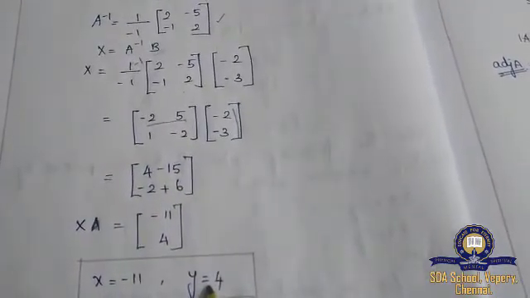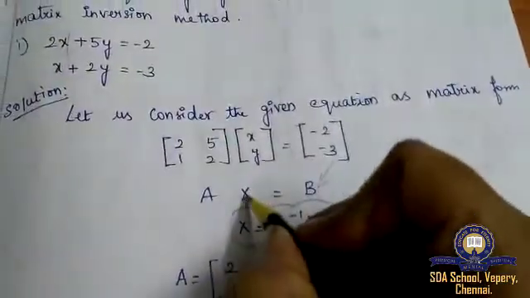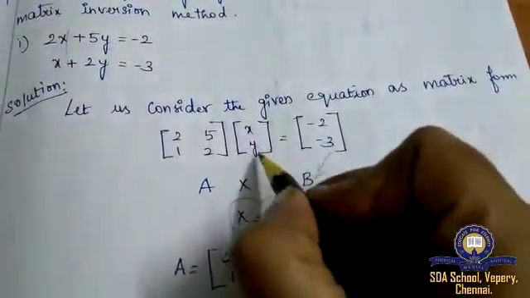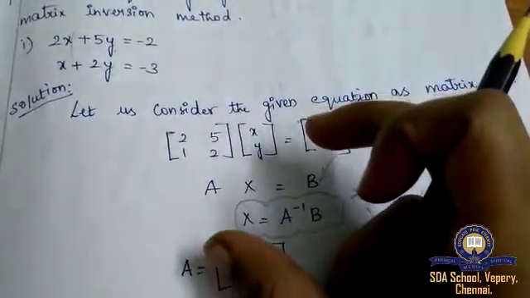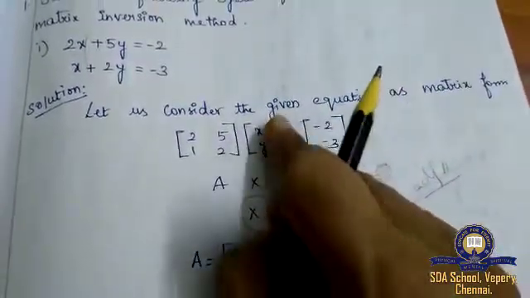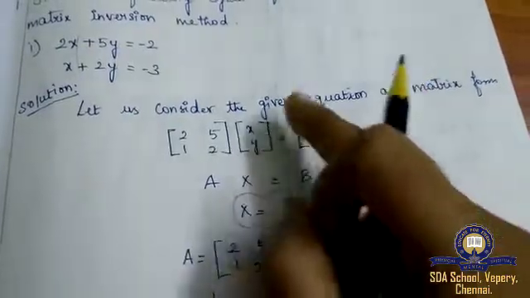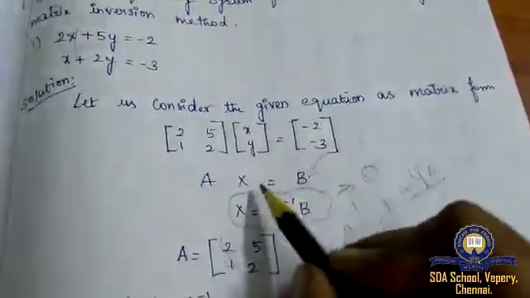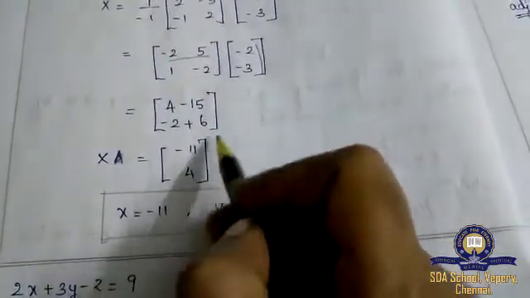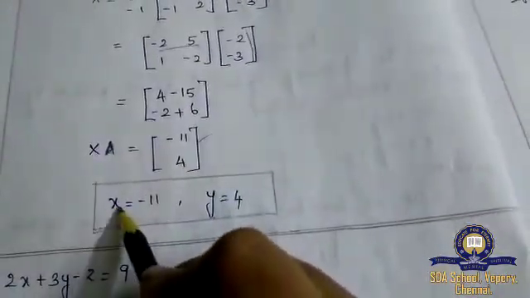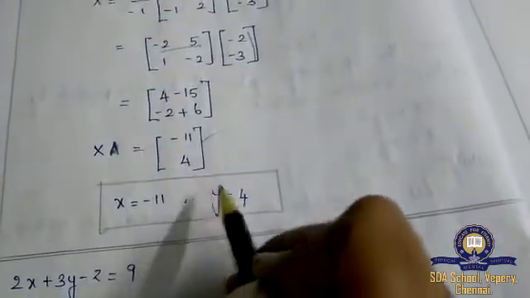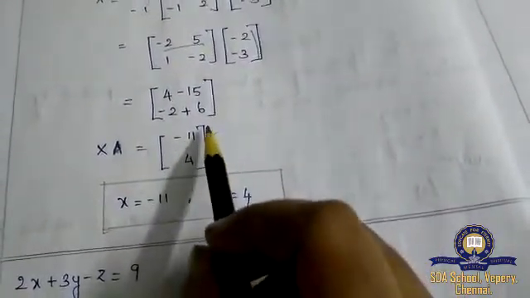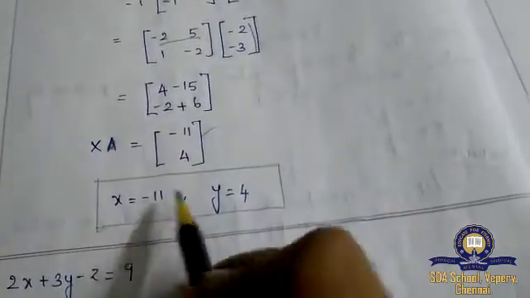And your x value and y value. So instead of x, what you have here is X and y. The main procedure of solving this sum is you need to find the value of x and y. At last you will be finding the value of x and y. So since it is capital X, now see, I have found the value. So capital X equals minus 11, 4. Which means my first value is small x. So small x is equal to minus 11, and y equal to 4. Since it is a 2 cross 2 matrix, we will be getting only x and y values.